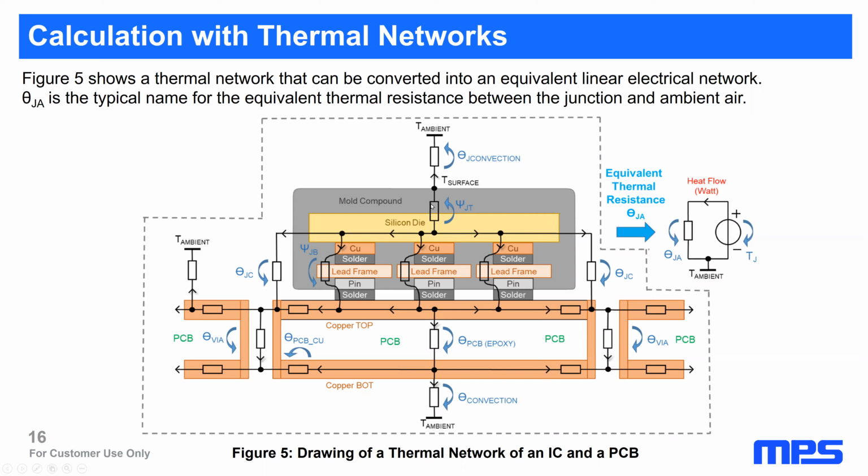the Psi here, and the nice thing here, this Psi here can be specified, and this allows you to measure the junction temperature in case you know this top temperature here, measured with the thermal camera or with the PT1000 or any other method. And then you just multiply it with the Psi. It's around 2 or 3 degrees hotter, the silicon compared to the top of the surface. It's depending on the thickness of the package.